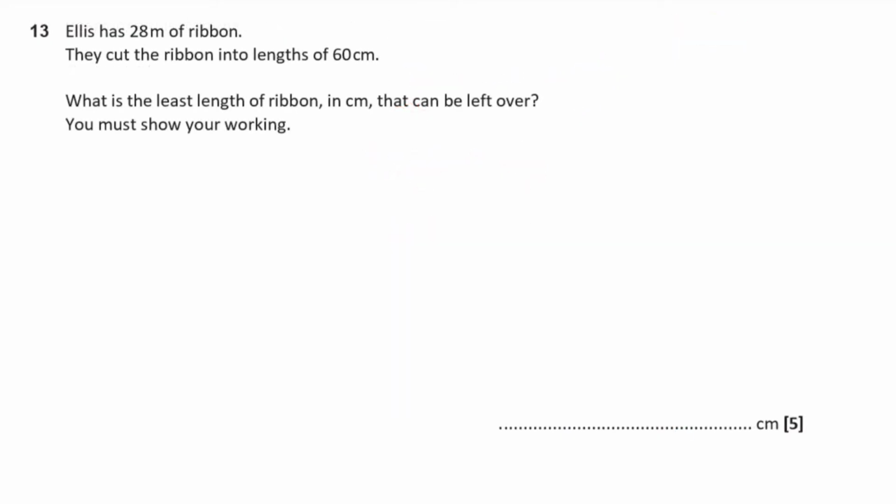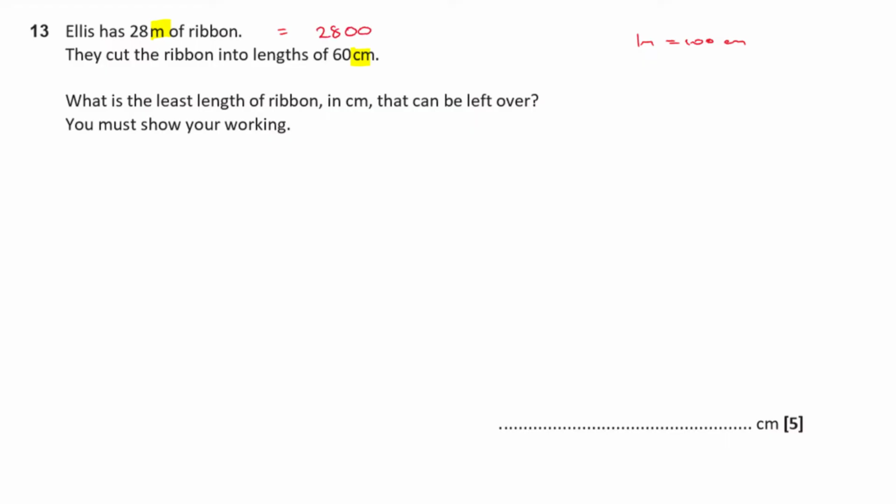Question 13. Ellis has 28 meters of ribbon. They cut the ribbon into lengths of 60 centimeters. What is the least length of ribbon in centimeters that can be left over? Okay, well, first off, we've got mixed units here, haven't we? I've got meters here and I've got centimeters here. So I'm going to convert them both into centimeters. So 28 meters is equal to, well, 1 meter is 100 centimeters, isn't it? So multiplying through by 100, that is going to be equal to